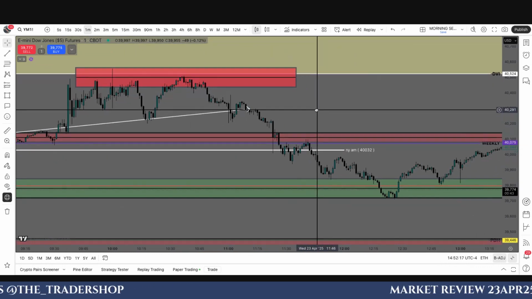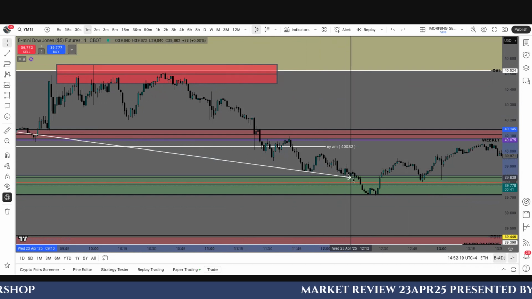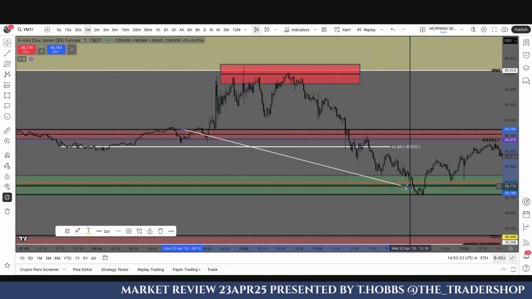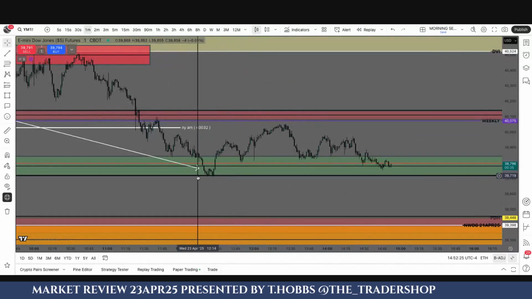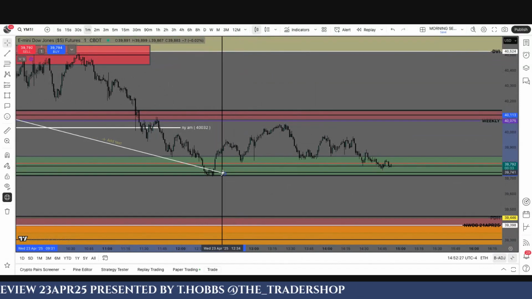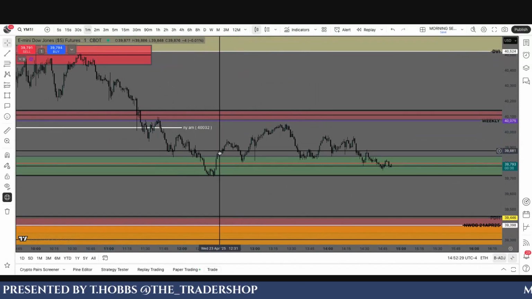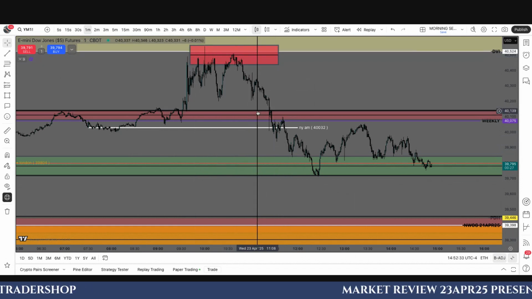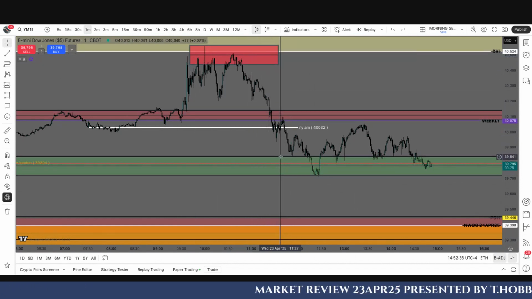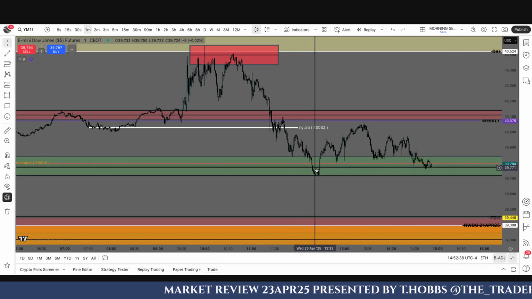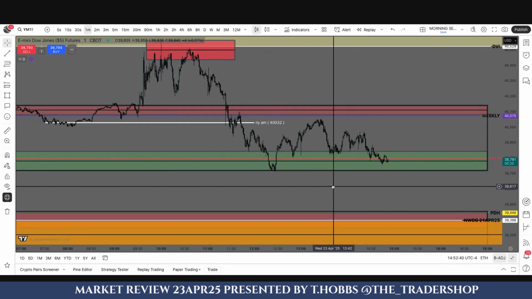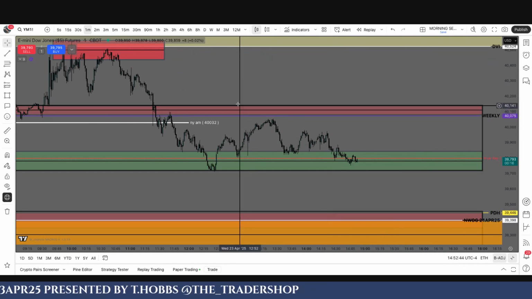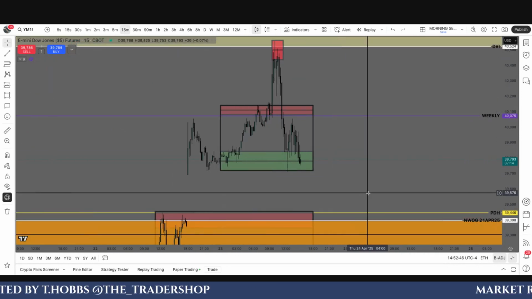Either way it goes, beautiful trade entries up there, straight down to midnight, right to the bottom of our chessboard, which represents the PM session low on the money. If I was writing a pre-market plan for this, this would have been in my exact plan. Look to short DVI up here, target TOR, top of the range, the bottom of the range, and then midnight price, and then potentially the previous day high, which they're looking kind of weak. They might actually close this gap and go to the previous day high. We'll see what they're doing because the market's still open as I'm filming this.